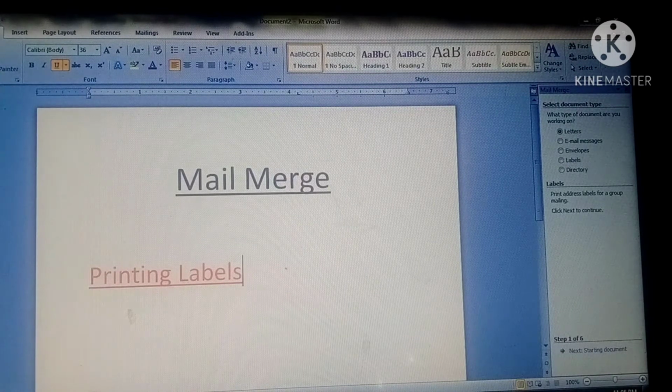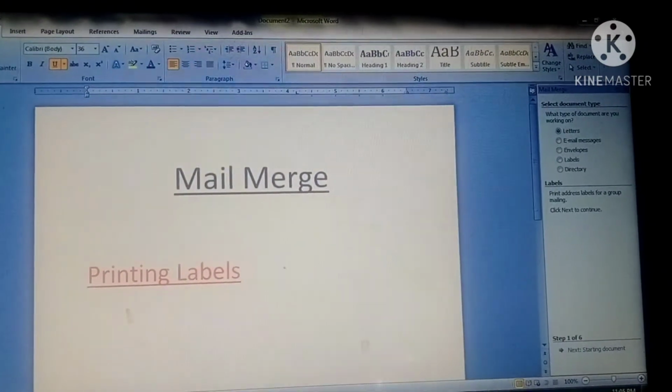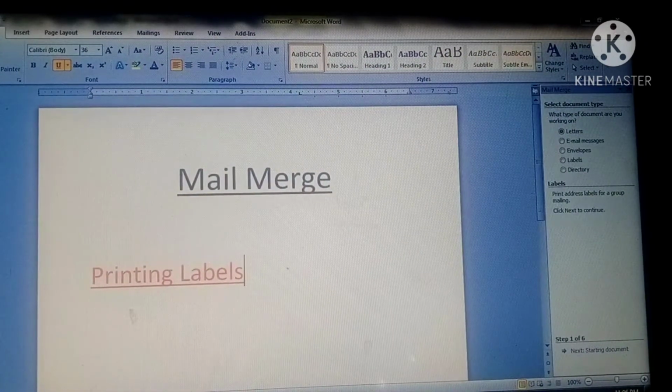The mail merge feature can help you in printing multiple address labels on a single sheet. By using these printing labels, you can print many addresses. You can print all the addresses on a sheet, and then you can cut them and paste on each and every envelope.